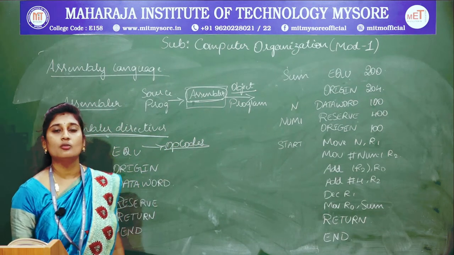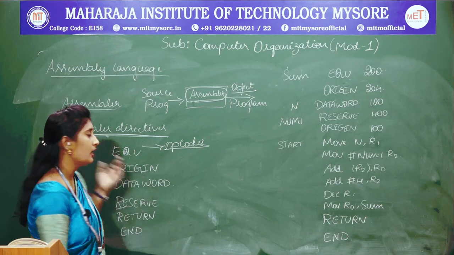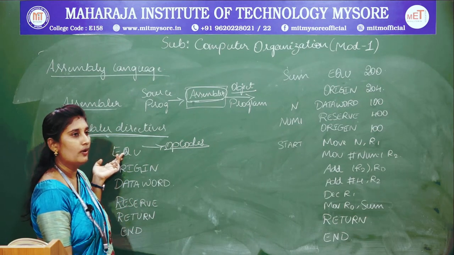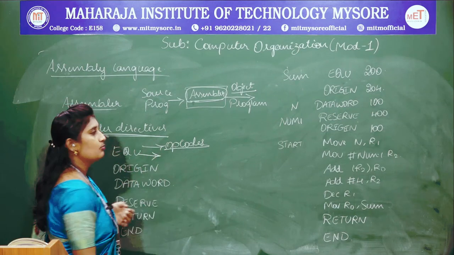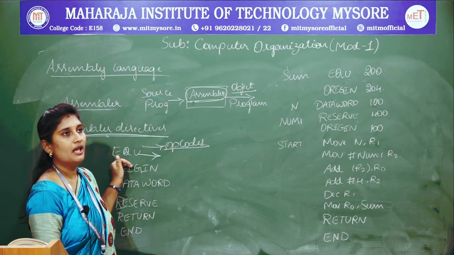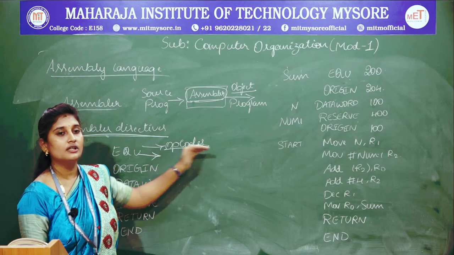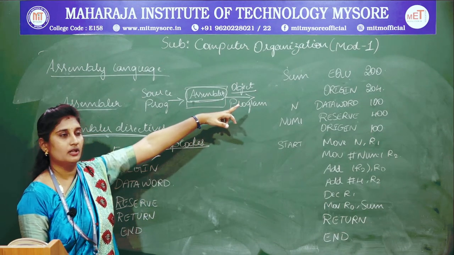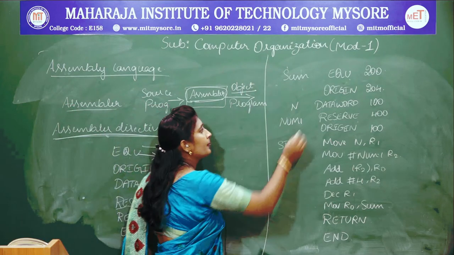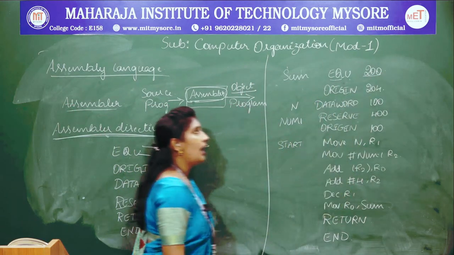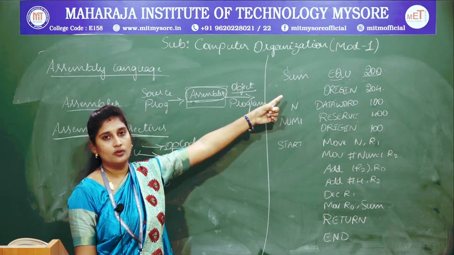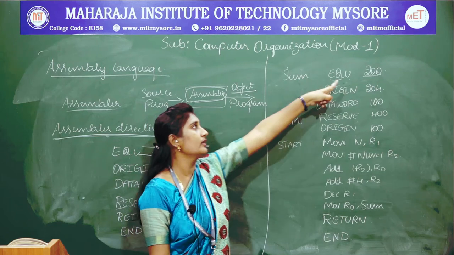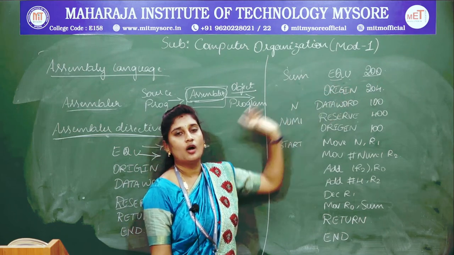So I doesn't need to perform any operation on that, whereas the EQU assembler directive or EQU command will always take the responsibility of replacing the value with the substituent value. If I give some value in that previous example, you can look at it here. EQU 200 means as soon as I encounter an EQU assembly directive, I will be replacing the SUM label with the 200 value.